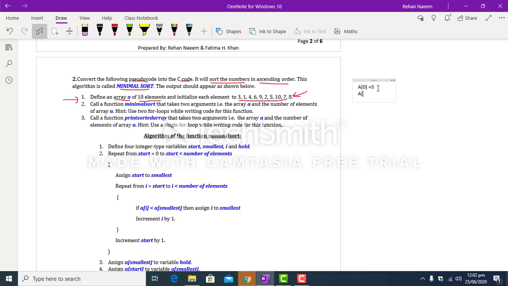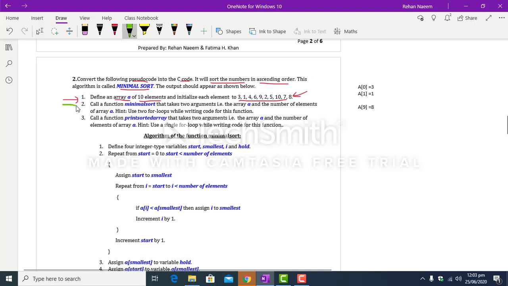Similarly, the second element will be 1, and so on, and the last element will be 8. So you have to initialize all the 10 elements of the array A to these values.